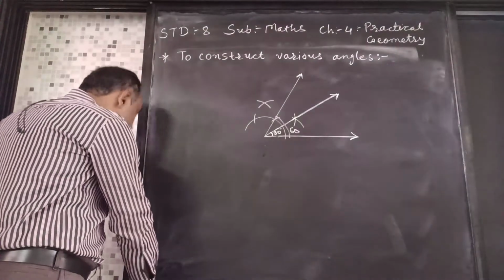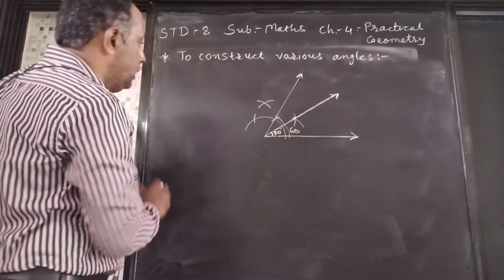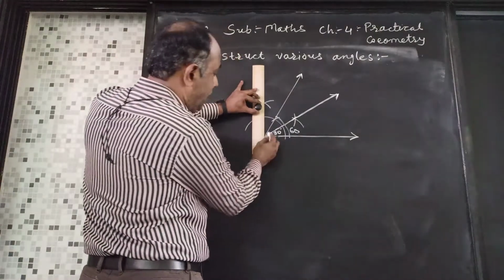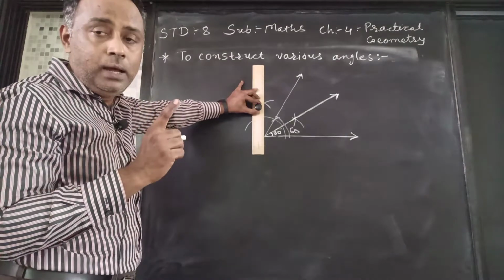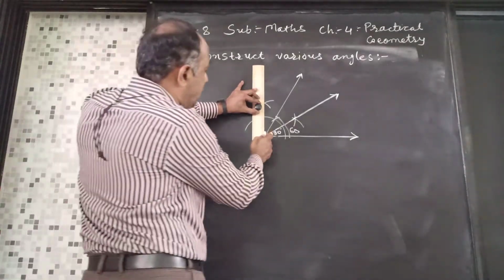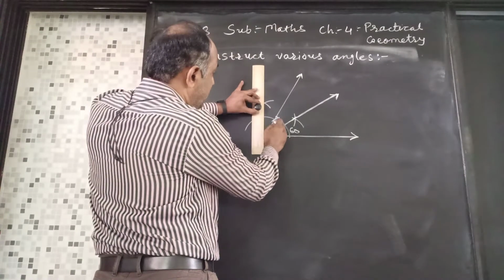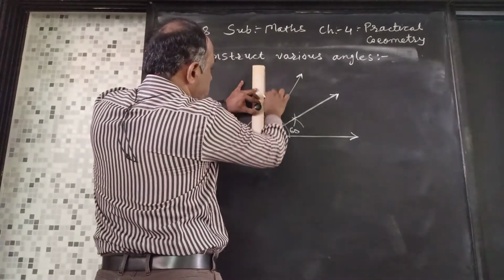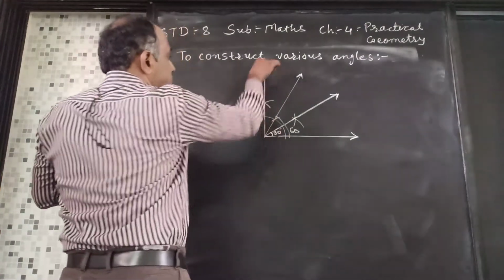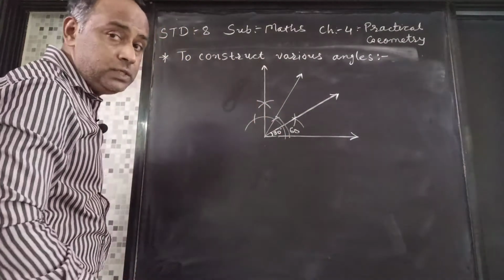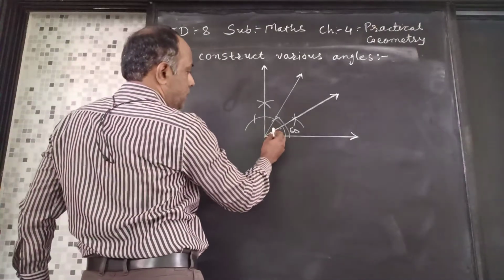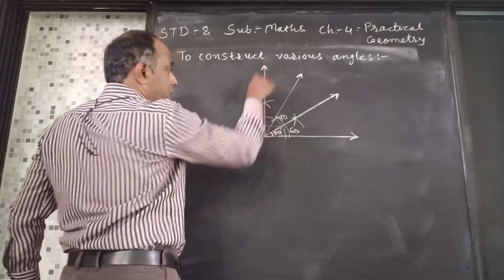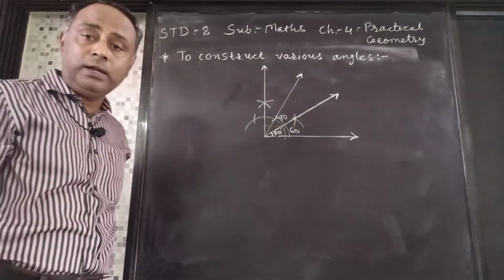And now again what I'll be doing, my friends, I'll just keep it straight. I must keep them in alignment. Okay, they must be aligned properly. There you see, this is the point and this is the intersecting point. So I need to draw a ray passing from this. So you know which angle it is? Yes, you are right. It is of 90 degree. This is how we construct an angle of 90 degree.